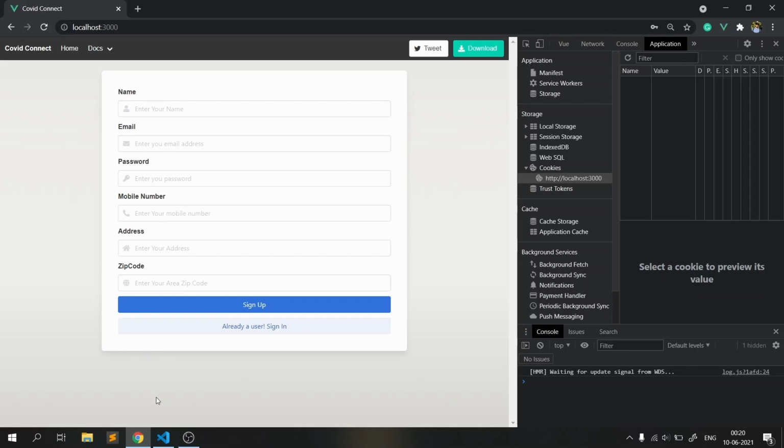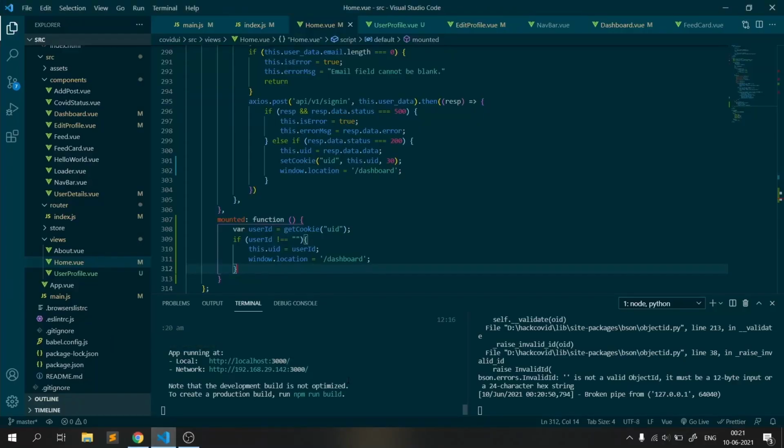Now let's have a look at the code and how you can use cookies for this purpose. I'll also be providing the code in the description so you can take a look at that as well. Here I have used Vue.js, but the cookie code is in normal vanilla JavaScript. You can use it directly, and the cookie code is generic, so you can directly copy that code and use it in any project that you want.